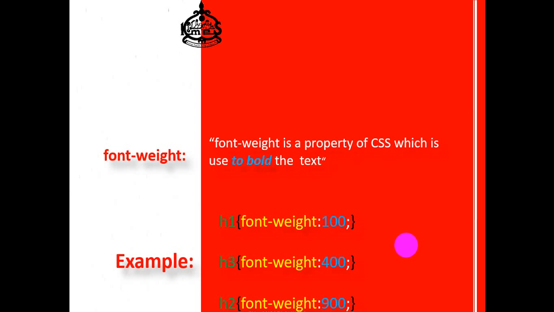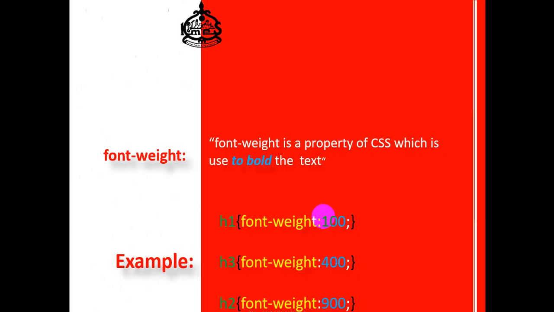So in a simple way we can say that font weight is a CSS property which supports 9 ranges of boldness for a particular text or font. The range starts from 100 and ends at 900, the lightest is 100, the boldest is 900, and the normal is 400. If you don't assign any font weight, the normal size will be 400.